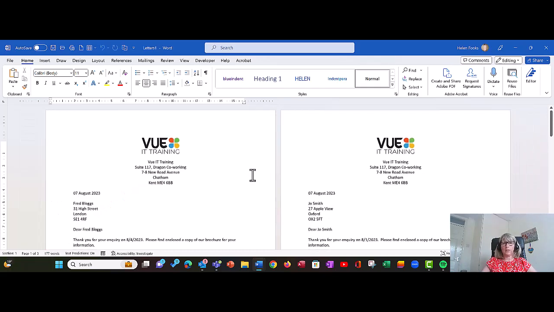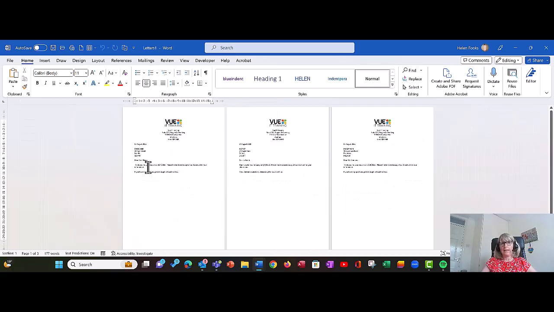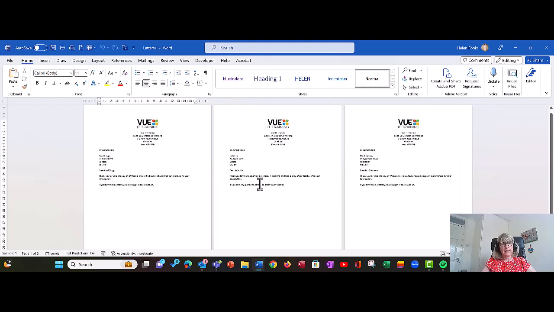Okay, let's have a quick zoom in. So I should have 3 letters there, and I can check them all, make sure they're all right. Now let's say I look at these and I think, oh, actually I didn't put the end bit in, I haven't finished it off. So what I would do if I'd made a mistake on the original source letter, I'm going to close this